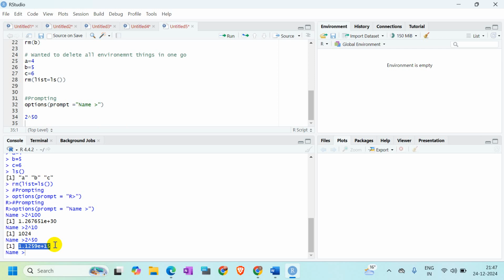Now I wanted to get that value exactly how it is. I don't want the scientific notation. For that, you need to apply some functions, some options. Based on that you can get those values exactly without any scientific notation. But if sometimes you want to present your big value in scientific notation, you can present it. And if you don't want to present your values in scientific notation, you can manage two things. So the first option is called